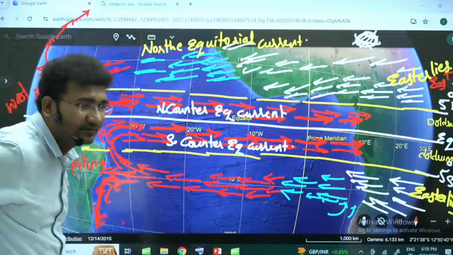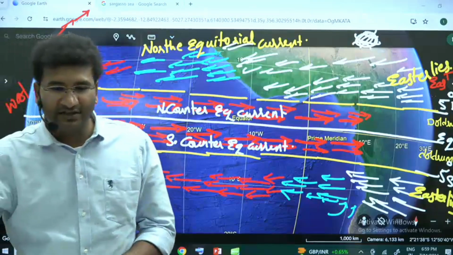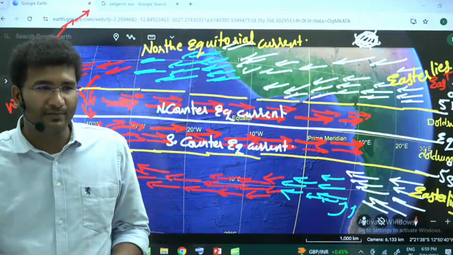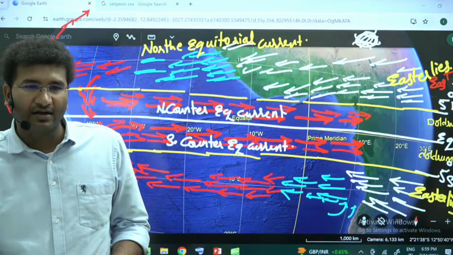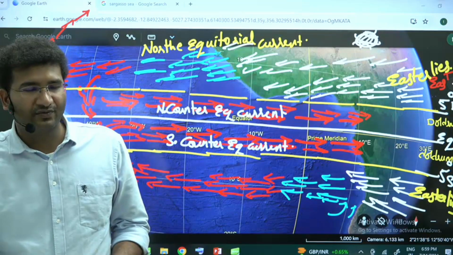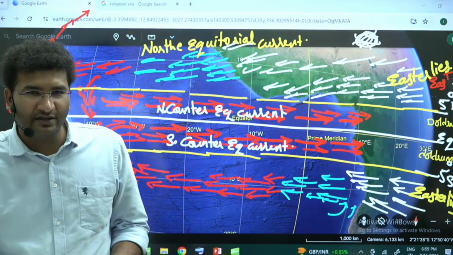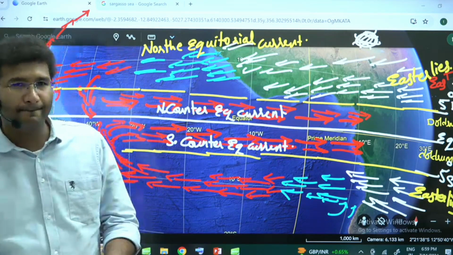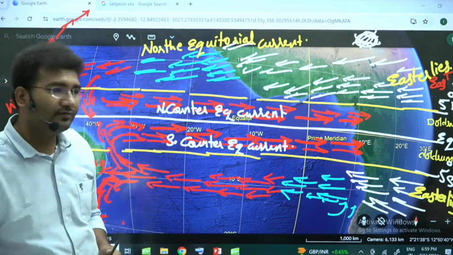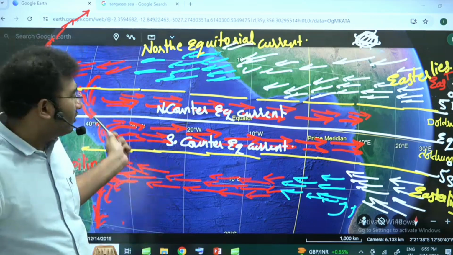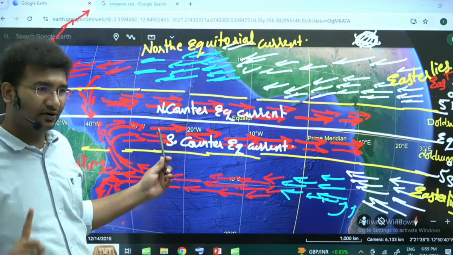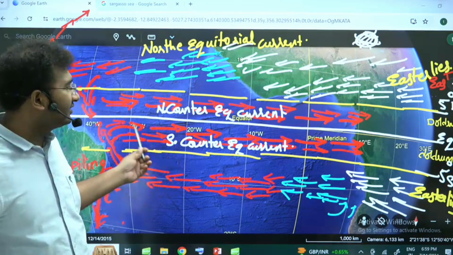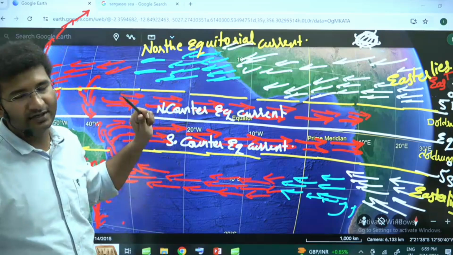Any doubts? So what are the major reasons for the counter-equatorial current? One, piling up of the water on the western margins of the ocean, and the other one is absence of Coriolis force and absence of wind in the doldrum area. Next. And rotation of the earth is also one of the factors. Only one of the factors, it is not the sole factor. So these are some things that can be asked in your preliminary examination.